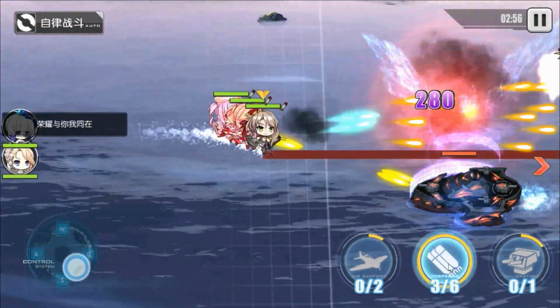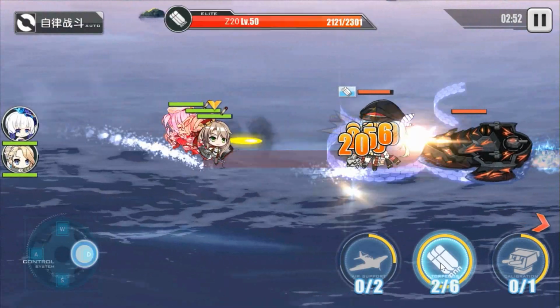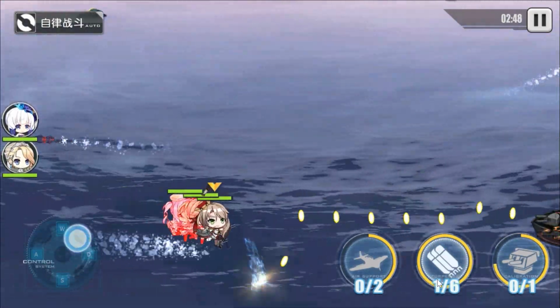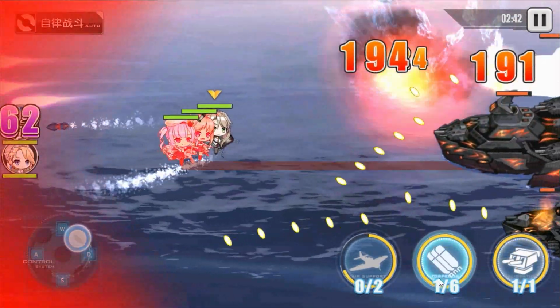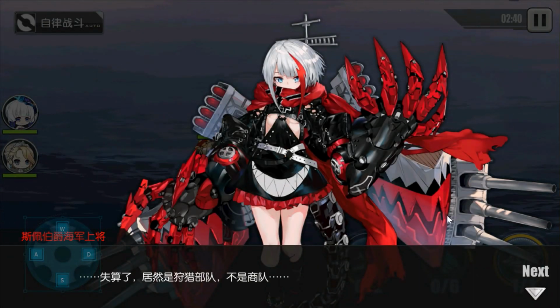And here we are at the boss. Now we are going to be fighting against Graf Spee. The interesting thing to note here is once you actually get her down to a certain percent of her health, she does run away. Obviously this is sort of accurate, but it also isn't, because the British fleet that had